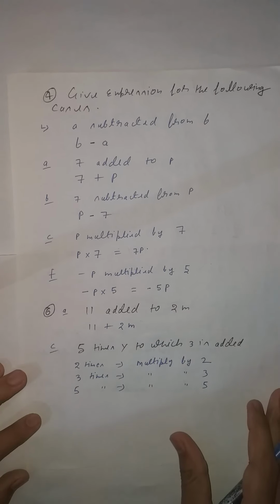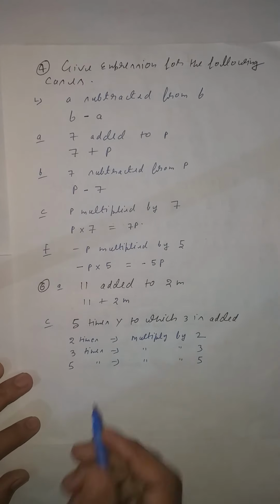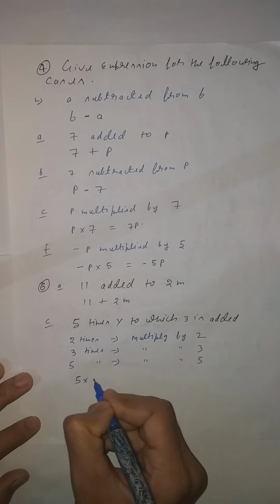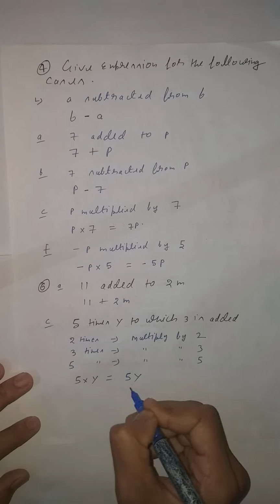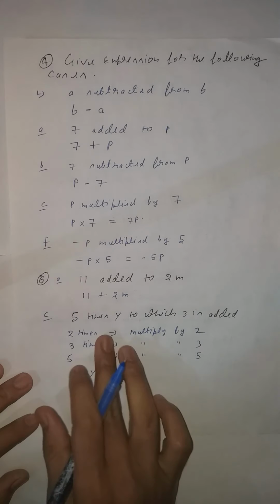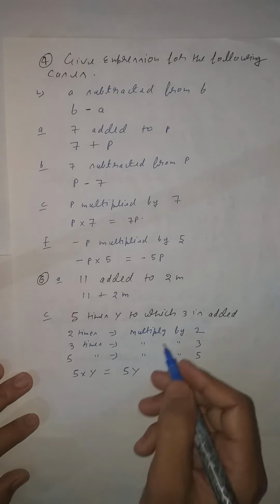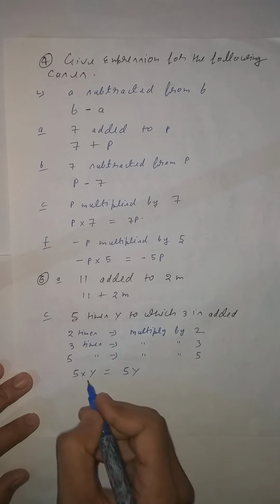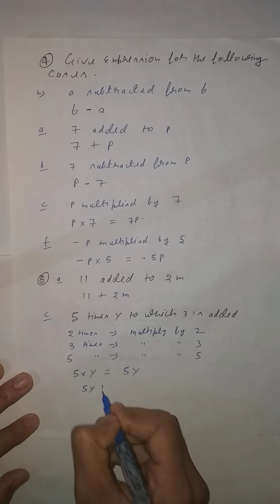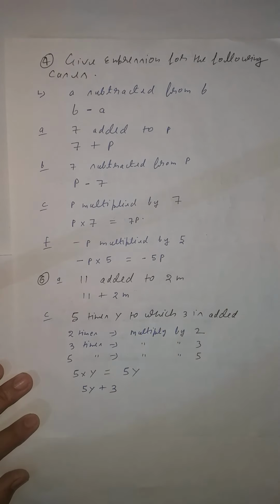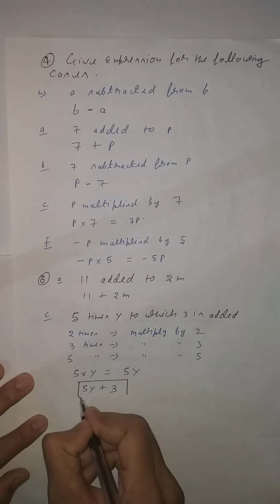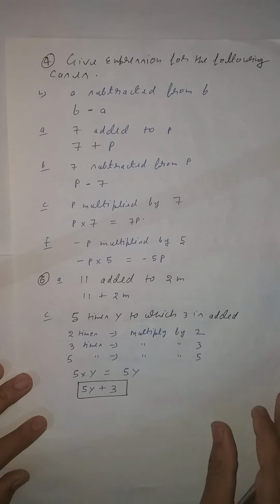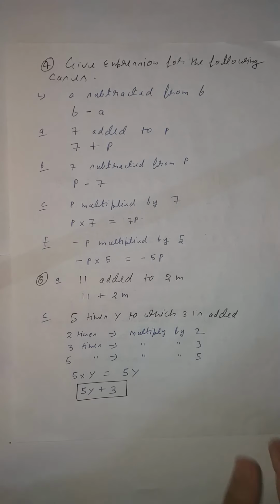What is given? 5 times y. 5 times y means 5 multiply by y. So it will become what? 5y. Next is given what? 5 times y to which 3 is added. Yani 5 times y, yani 5y. Up 3 is added, yani 5y plus 3. This is your actual solution. Clear? So yani 5 times means 5 multiply by what is given. 6 times means 6 multiply. Then what is given? Clear students?